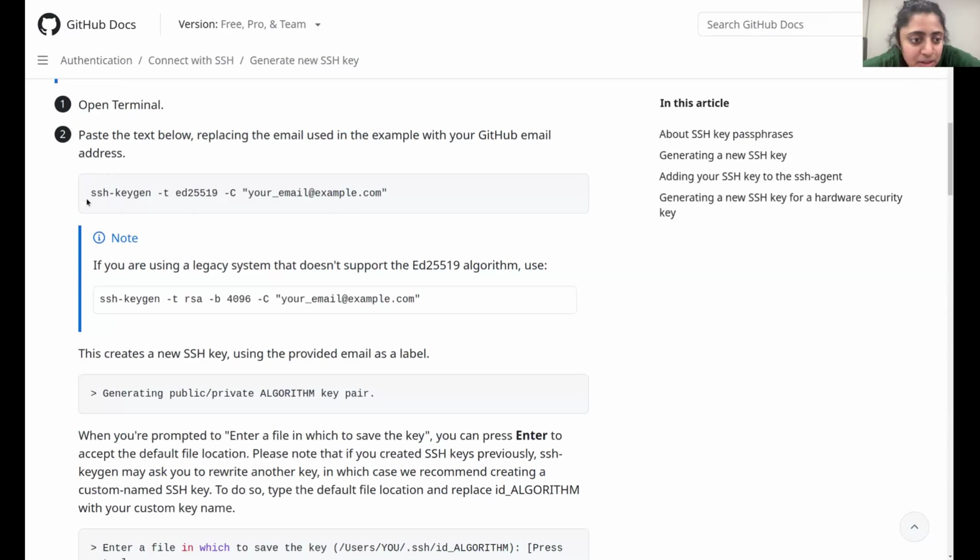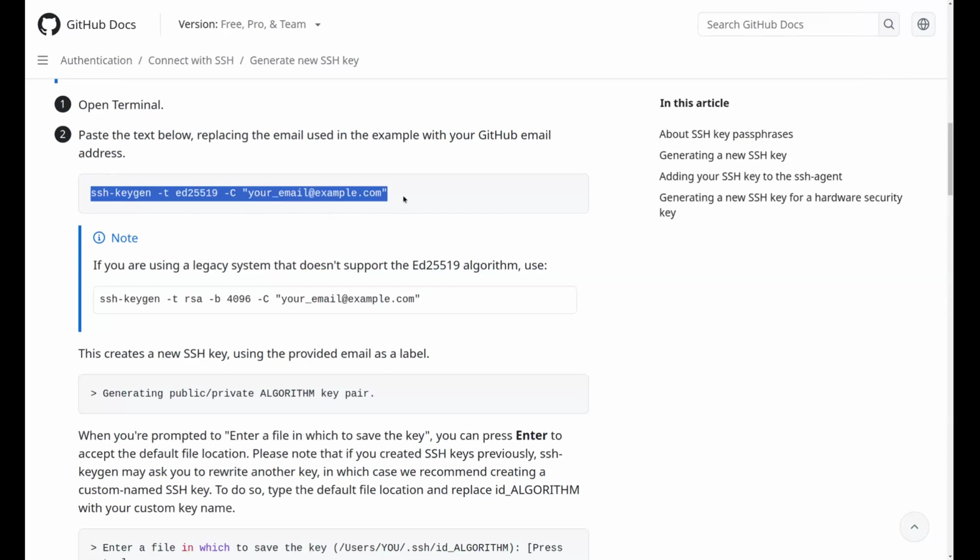Yes. Perfect. So this would be the first one that you type in there. And this keygen, I think, is the same cross-platform for everyone. I can also just throw this into chat as well. Awesome. Thank you.